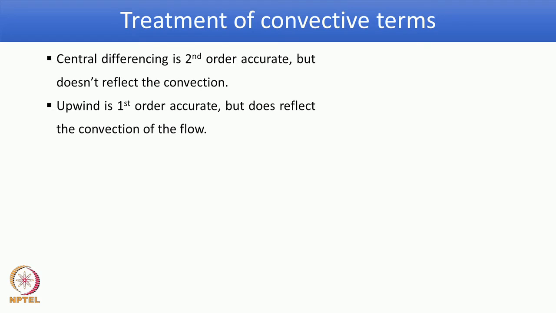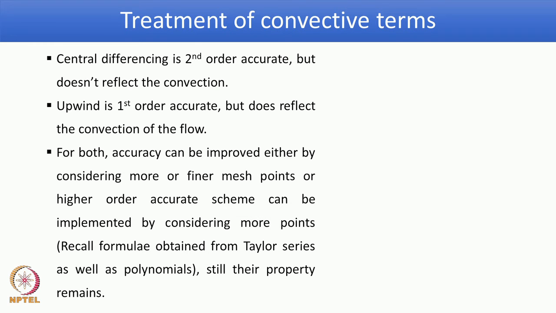So, now the obvious question is whether we can utilize the advantages of both and put them in one particular scheme. Accuracy can be improved either by considering more or finer mesh points,